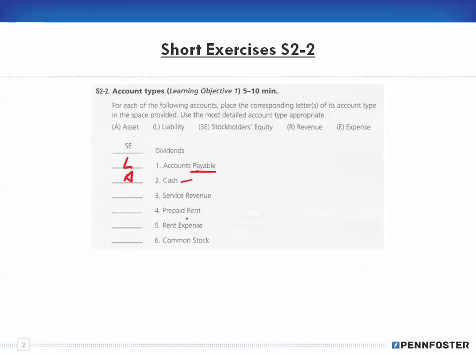So that's an asset. Service revenue. Now, whenever you see the word revenue, immediately you would think that it is a revenue account. In this case here, it is a revenue account because it says service revenue. However, be careful, because you can have an account called unearned service revenue,